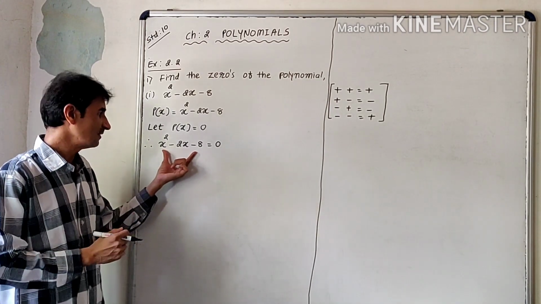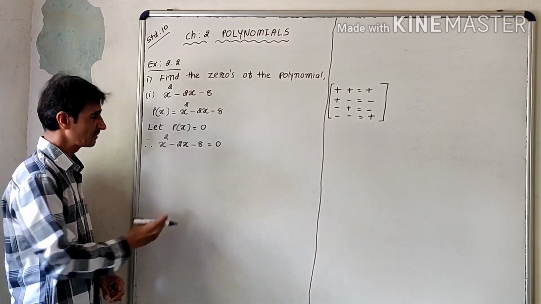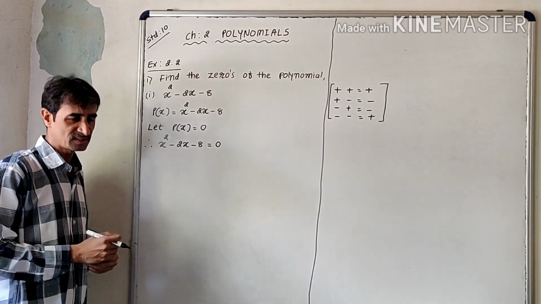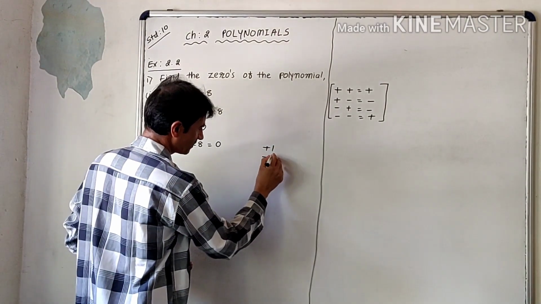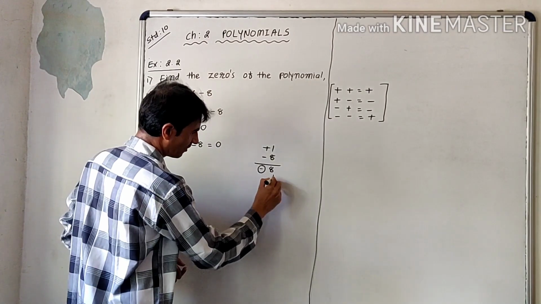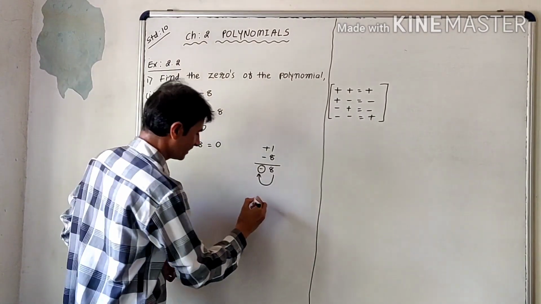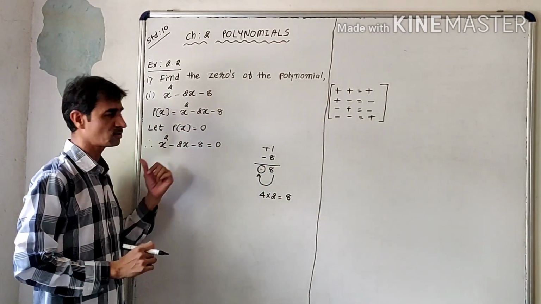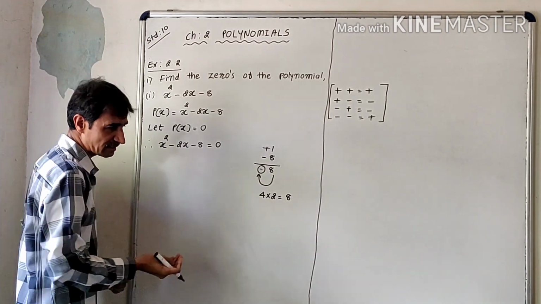Again I would ask different questions of this sum. Are there 3 terms? Yes. First term positive? Yes. Last term positive? No. That means we solve this sum by the coefficient method. First term coefficient plus 1, last term coefficient minus 8, plus times minus is minus, and 8 ones are 8. I want the middle term by subtraction of the factors of 8. I know very well 4 twos are 8 and 4 minus 2 gives me 2. That means both conditions are fulfilled at the same time, so we are applying this coefficient method.